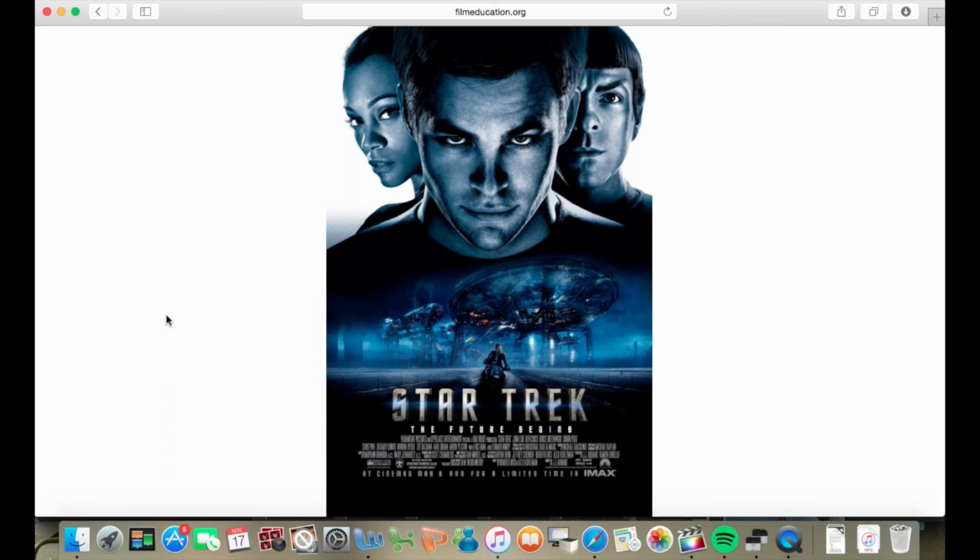The next poster I'm going to be analysing is the Star Trek The Future Begins poster. This is a very unique poster, as it's got the imagery within the characters, and it's very similar to one like Django, where you've got the main three characters in the poster. But it's different in the fact that it has the imagery inside the characters, if you will, and it's also got the text layout, which is quite similar to the one of Looper, for example. And yeah, it's quite different, but at the same time it does meet conventions of some posters, and it's fairly similar to some of the other posters, like Looper, for example, and the Avengers, how the text is laid out in the middle at the bottom there.